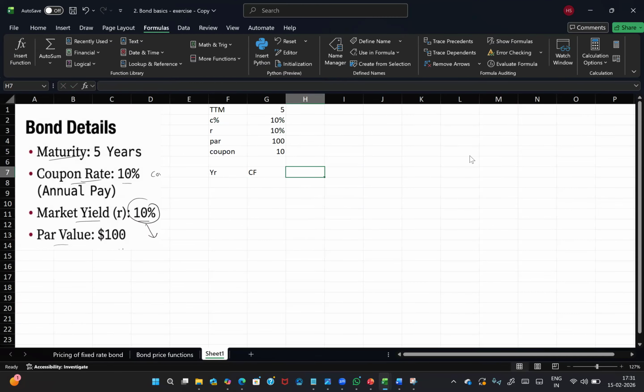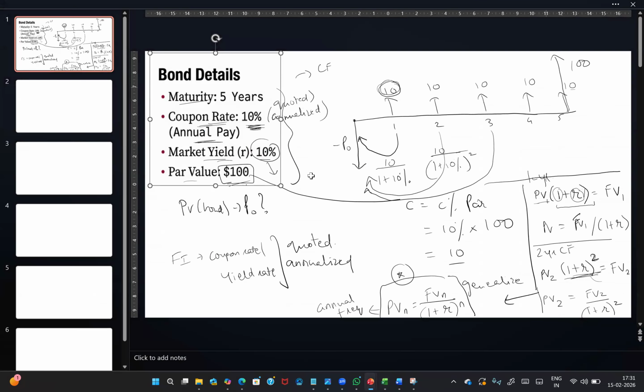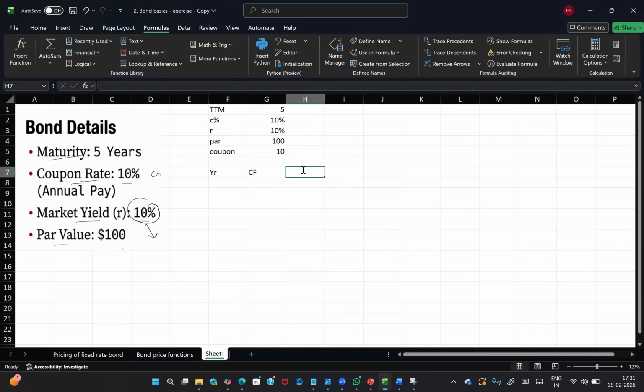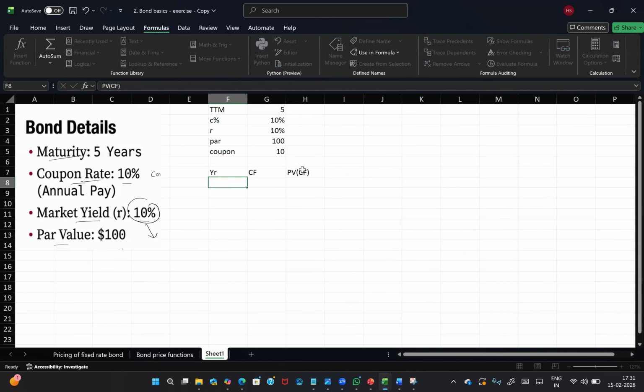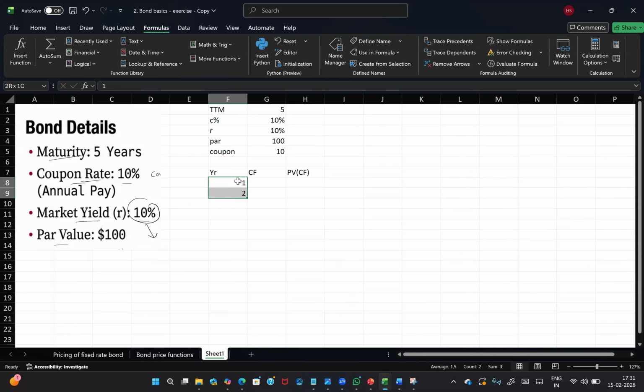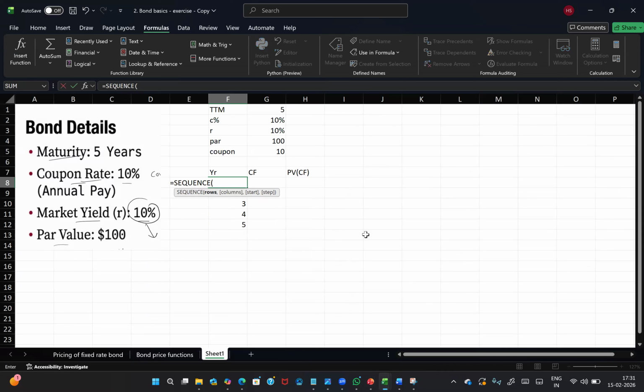The cash flows, which are all these futuristic cash flows, will be in the next column. And then we will find the present value of those cash flows in the third column. So the years, there are 5 years. So I will just make that as a sequence here. I'll have to type 1 and 2, and then drag it to get till 5, the same sequence. You can also write a simple formula in Excel called a sequence, in which you can say, okay,